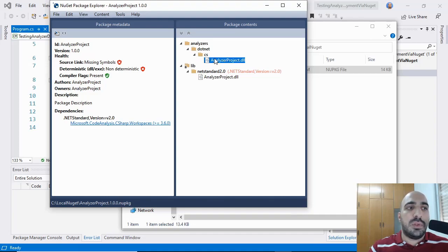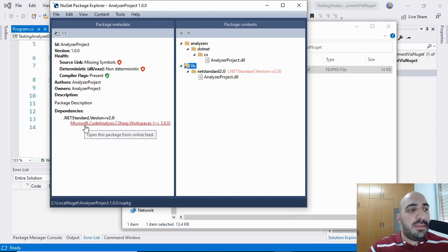In order for the consuming project to pick up the analyzer. But then there's also another copy of the DLL inside lib and .NET Standard 2.0. And this is the part that causes the analyzer project DLL to be part of the output of the consuming project. So this is the part that we want to remove from the NuGet package.